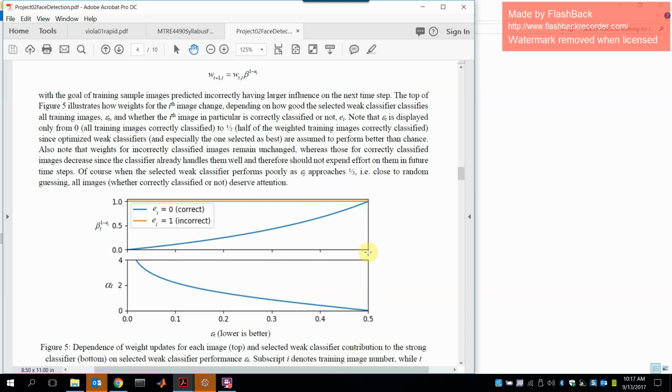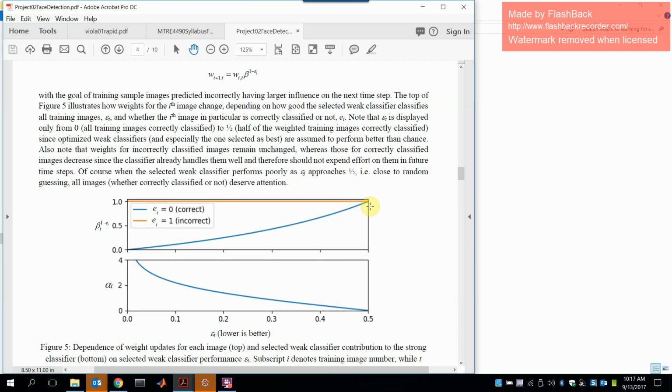The weak classifier has to have an overall classification better than 50%, but once it gets weighted, it is possible that it could be worse than 50%, but it's hardly likely because you're choosing the best one out of all of them. So essentially, it's never going to be over 50%,